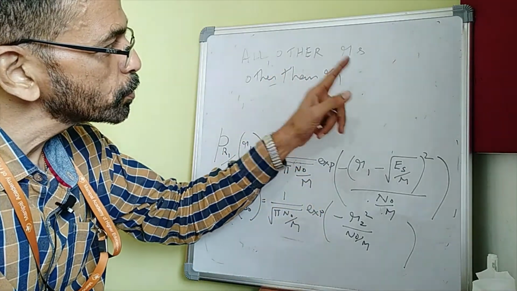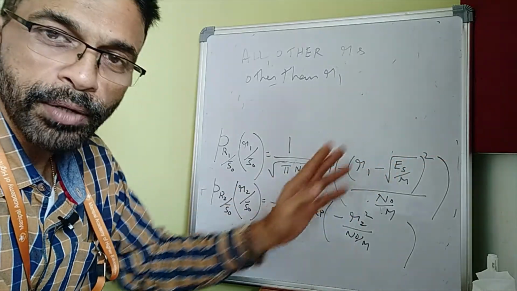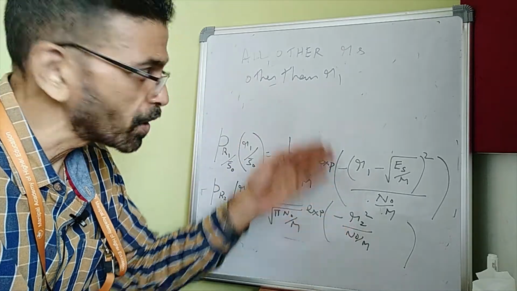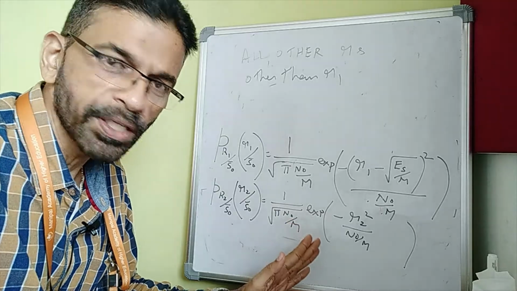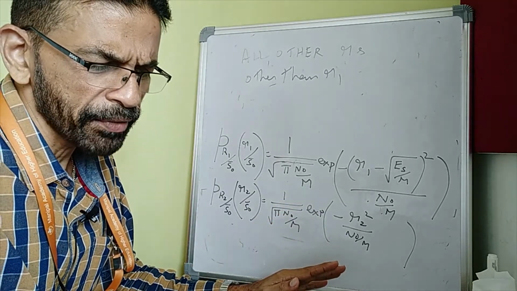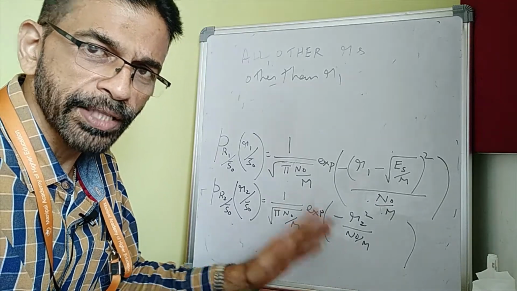So R2, R3, R4, R5 up to Rm, all of those should take a value which is less than R1. When that happens, R1 becomes the largest, and the receiver will simply say that S0 was the transmitted signal, or equivalently, the decision is arrived at that the symbol corresponding to the signal S0 was the actual symbol